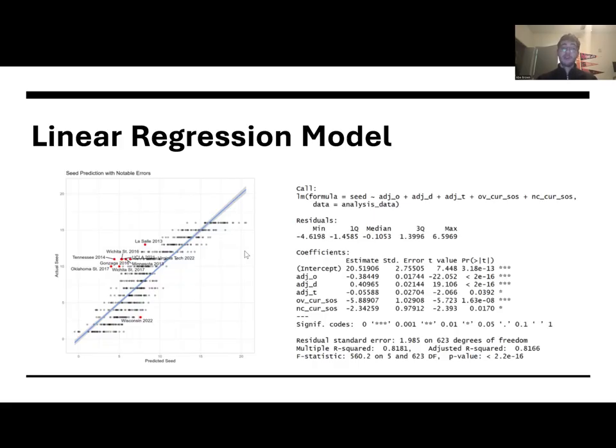One thing that I do think is interesting is there's one big outlier of Wisconsin in 2022, where the model really only predicted them to be an 8 seed, but they did actually get seeded in as a 3. And taking a little bit more of a deep dive into what happened that season for Wisconsin, they went 25-8. They had a pretty successful year, but the efficiency metrics just really didn't like them.